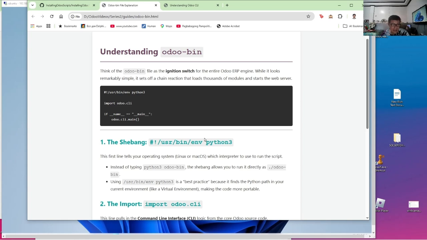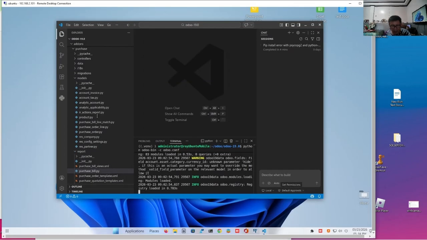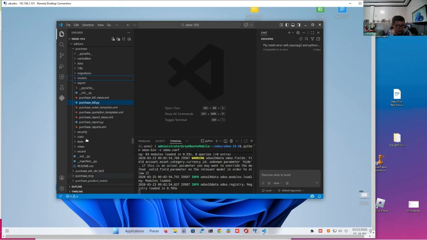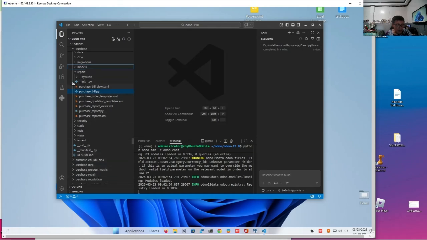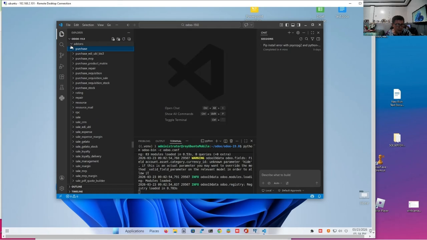So it's a CLI. Now, using our old project, the project which you installed in Series 1, here it is. There's Odoo-bin at the root. Let me close this, and also close the other components, the purchase and add-ons, because I've opened them. So at the beginning, let's close the Odoo core. You have Odoo-bin. It's this.